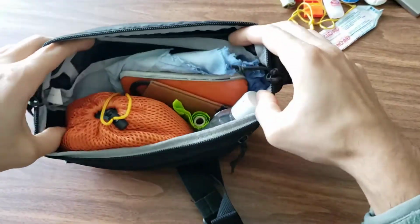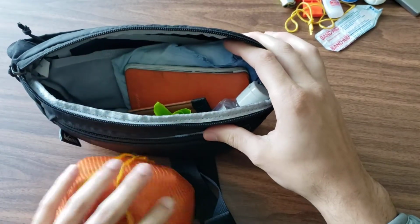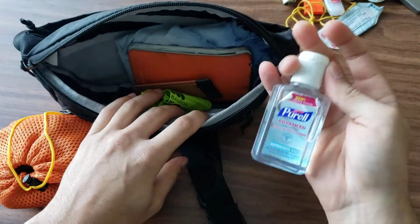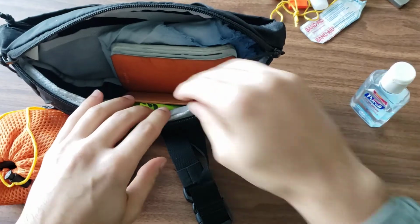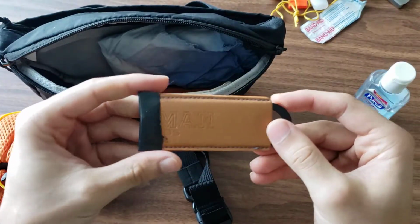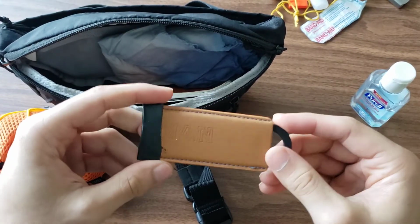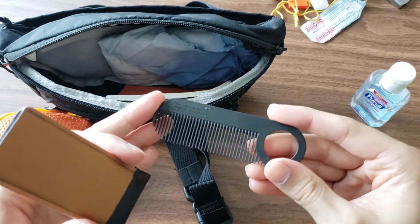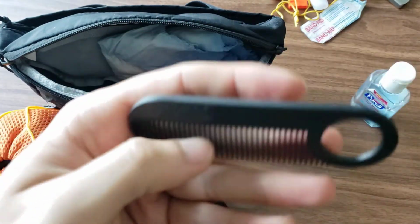Opens nice and big. I've got a smaller pouch for some of the smaller, looser items. Recently, obviously, Purell. Everybody's got Purell these days. Got a comb. I do have a beard most of the time. I used to have long hair, and so I carry a comb. This is mostly for my beard now, but this is the Chicago